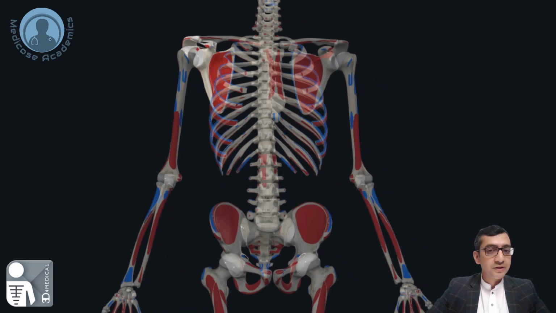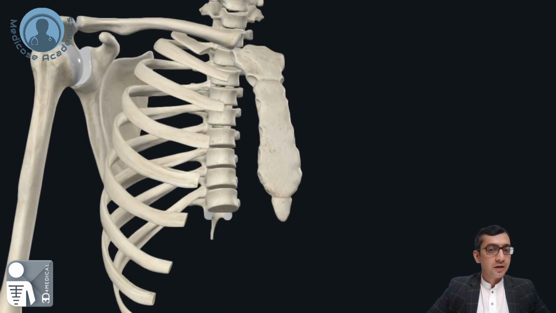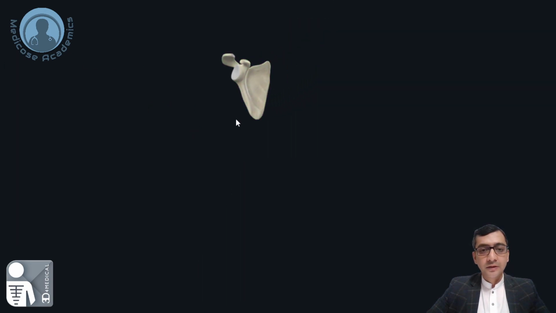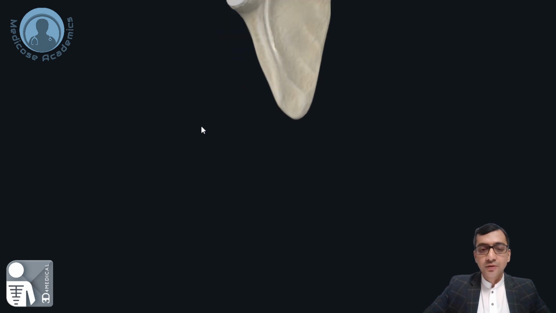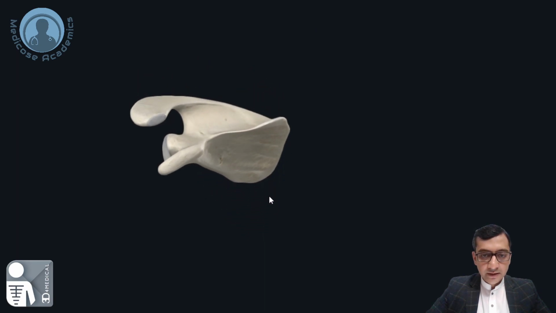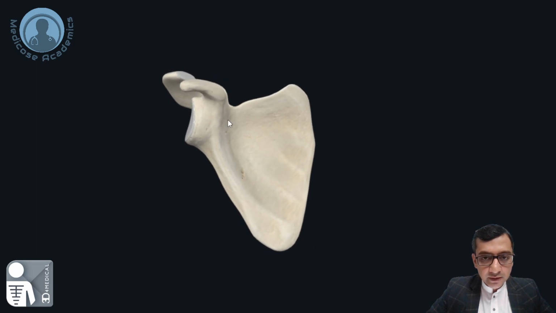Let us go through these structures one by one. Let us start with the borders, then we will move and discuss the angles and then the surfaces and then the processes. So, the superior border. The superior border is roughly horizontally running. It is narrow, sharp, and it has one very interesting thing about it, that near its lateral